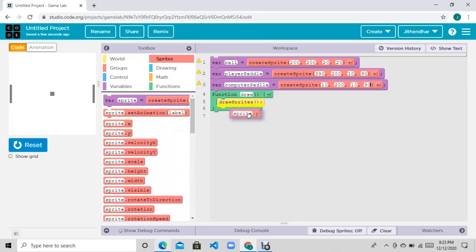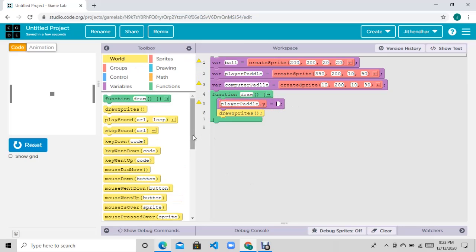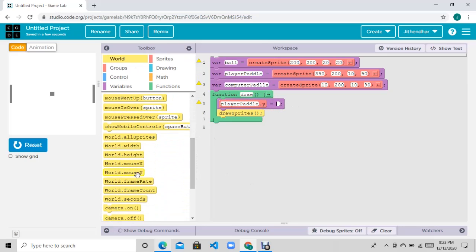Let's drag it and put it inside the function draw. What sprite.y means is the y coordinate of our thing, the position that goes vertically. So I'm putting player paddle.y equal to